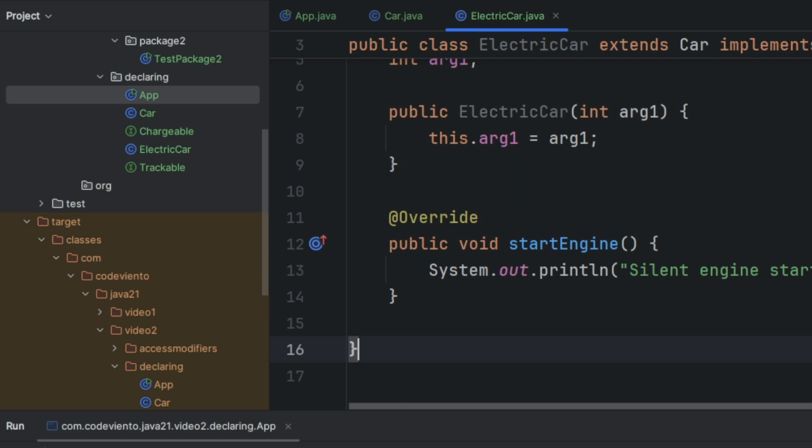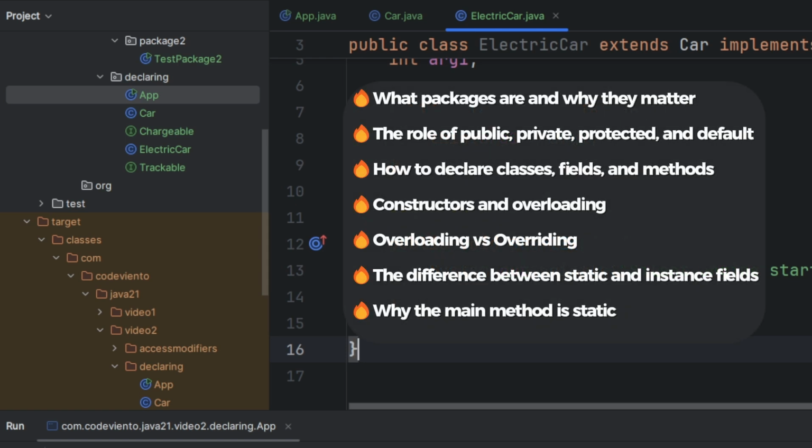In this video, we learned what packages are and why they matter, the role of public, private, protected, and default, how to declare class fields and methods, constructors, overloading versus overriding, the difference between static and instance fields, and why the main method is static. In the next video, we'll deep